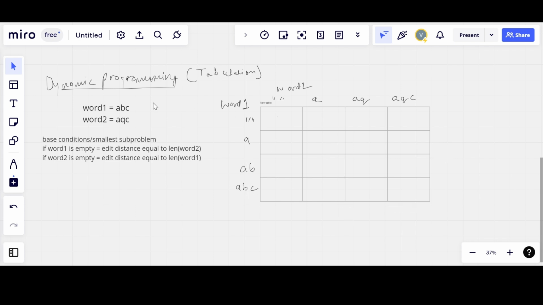I've taken one example where word 1 is ABC and word 2 is AQC. We can define our base condition, or the smallest sub problem, as: if word 1 is empty, then the edit distance, or the number of operations, will be equal to the length of word 2. So if word 1 is empty, whatever the length of word 2 is, that many operations are needed to convert word 1 to word 2. Similarly, if word 2 is empty, then the number of operations or the edit distance will be equal to the